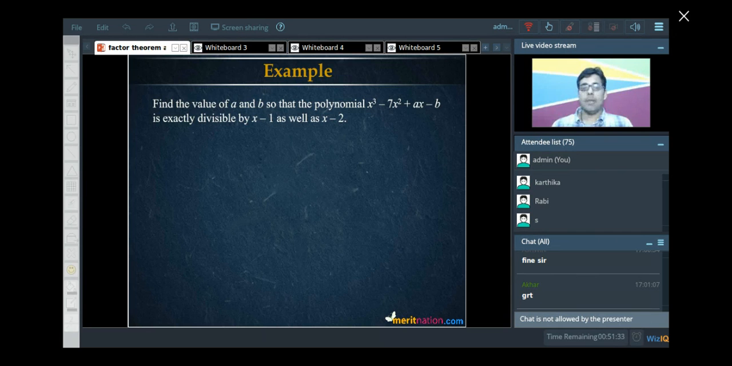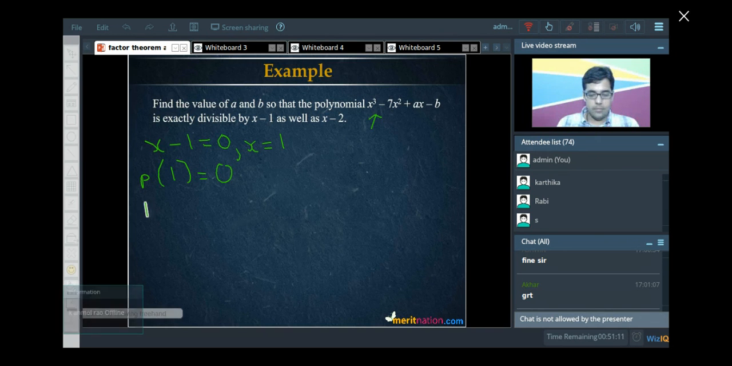First factor is given as x minus 1. By putting x minus 1 as 0, we will get x equals 1. Now, substituting this value of x as 1 in this given polynomial, it would become p of 1 equals 0. We will get in this case 1 cube minus 7 multiplies 1 square plus a multiplies 1 minus b equals 0. Now it will become 1 minus 7 multiplies 1 square, that will be 7. So it is 1 minus 7